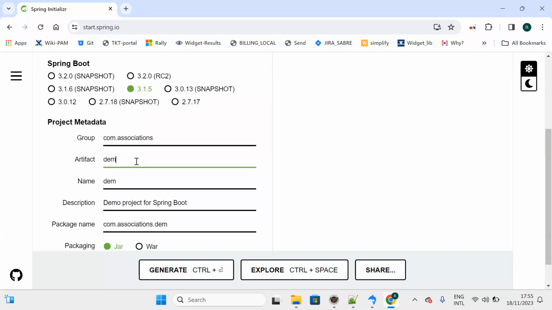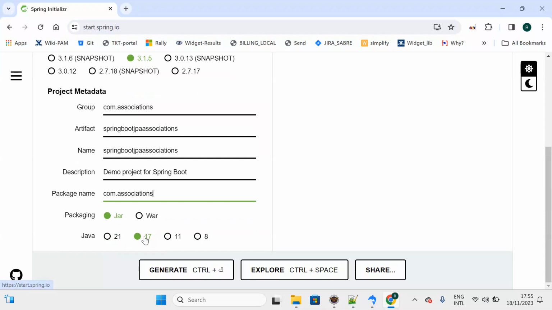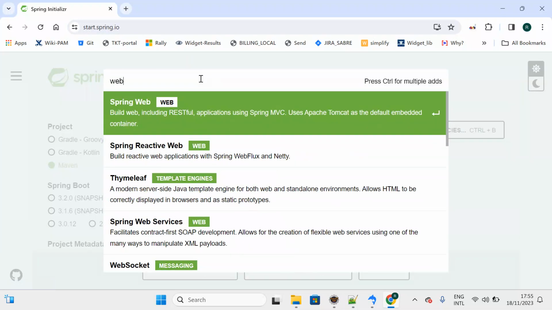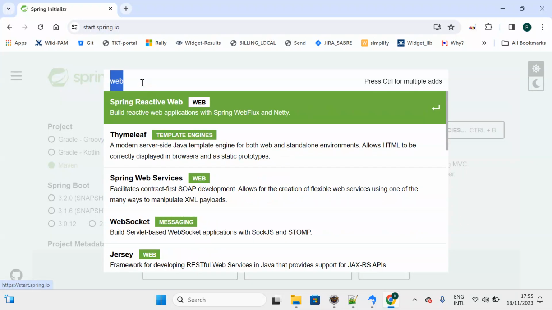Associations. I will give the artifact name or project name as Spring Boot JPA associations. Okay, for the package name, I will give only associations. So now I will select JDK 17. It's already selected. So let me add the dependencies. Quickly add a web module and